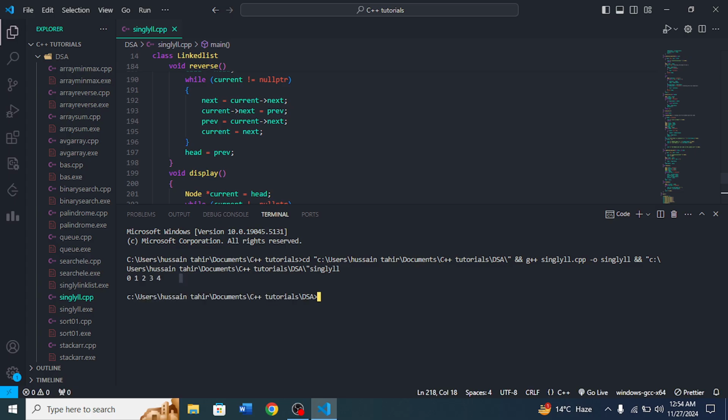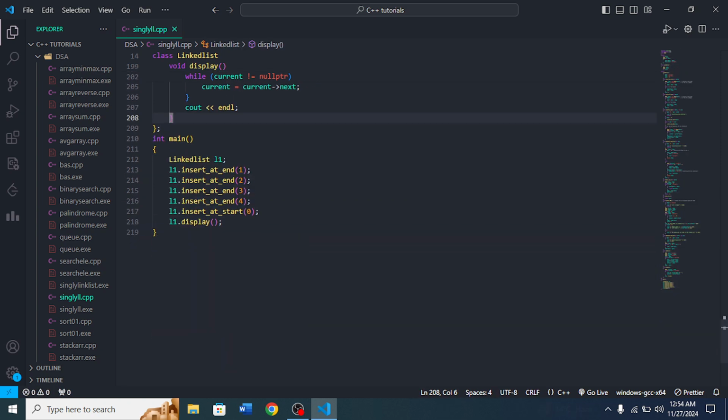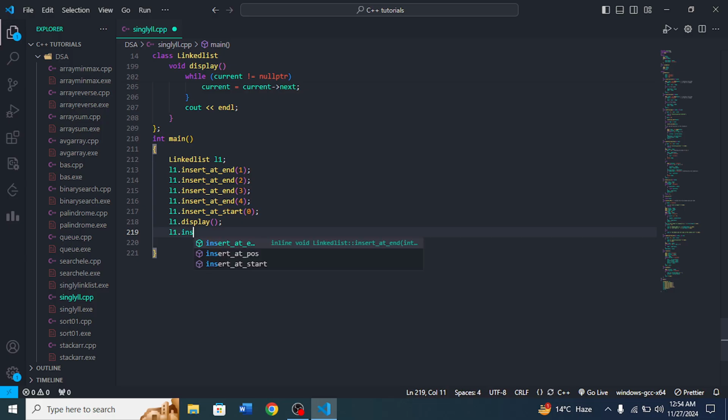Yeah, so we have our linked list being displayed correctly. So now let us use and test the functions that we have created. So for the fifth position, I need to insert the number 5 so that we get 5 over here. So L1 dot insert at position, at fifth position I want to insert 5,